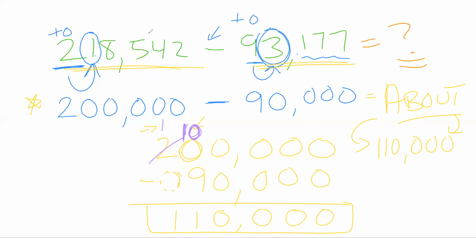And that's all estimating is. It's doing that work. We round it, we take our rounded numbers, we do the subtraction or the addition, and then we have a solution. And again, that solution is about. It's like, well, if we really did the math, does this make sense? So just to prove that, let's really do the math, right? Which I mean by, instead of rounding, I'm really going to subtract